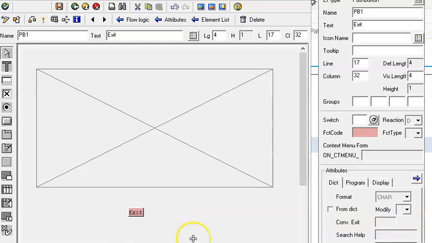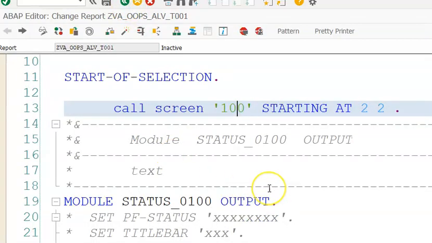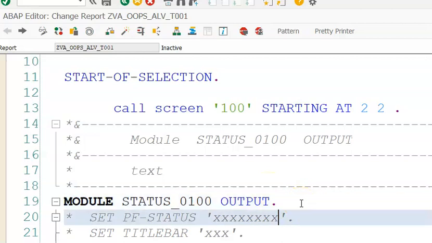What should be displayed there is exit, and the FCT code. This FCT code is very important. For this FCT code, whatever we write, it can be anything. Once the screen is designed, we'll activate this. Click on the back button, and then we need to go ahead with